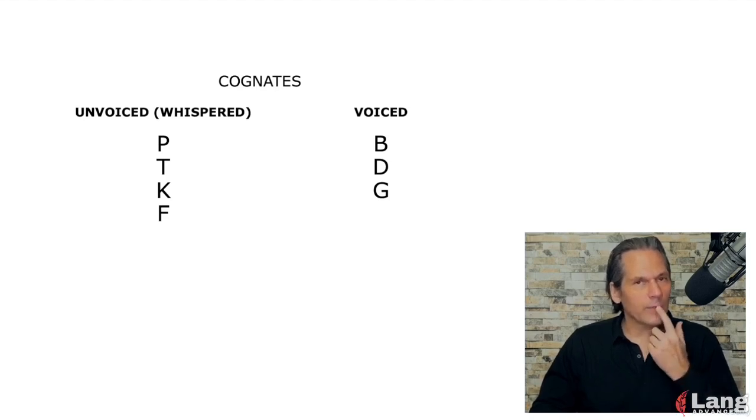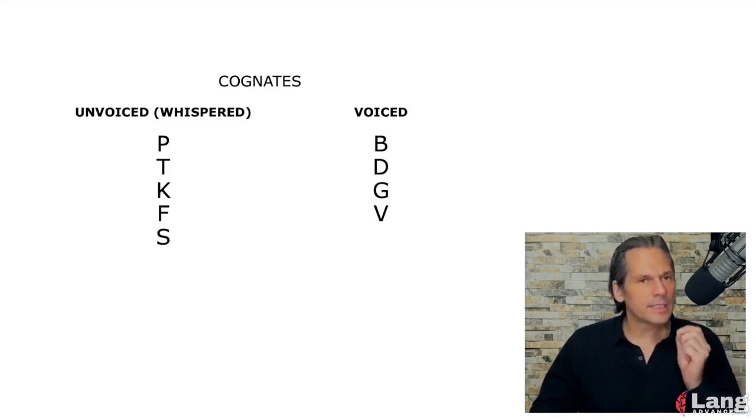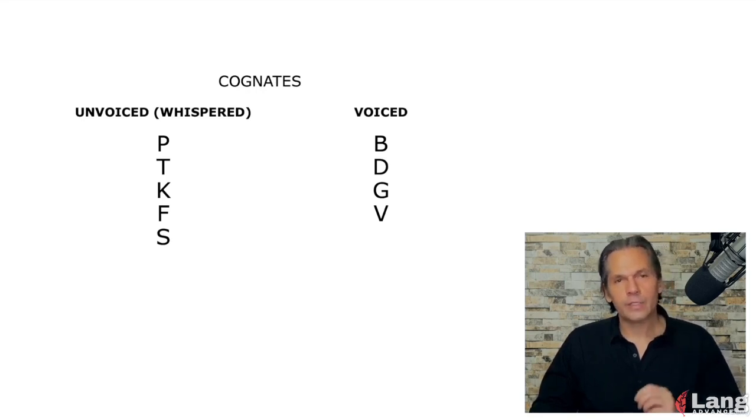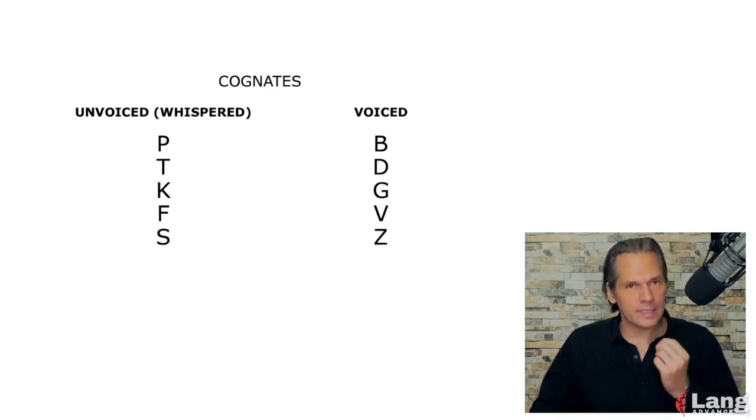As we discussed, the lower lip going to the cutting edge of the upper teeth for the sound F, the unvoiced sound, adding my voice, V. For this sound, usually made with the letter S, the tip of the tongue is behind the lower front teeth, or the tip of the tongue can be up near the gum ridge. And you'll use either the tip of the tongue, or if it's lower down, the area just back from the tip, close to but not touching the gum ridge as you send air out through the center, the sound S. If you add your voice to the exact same mouth movement, you get the voiced sound Z.